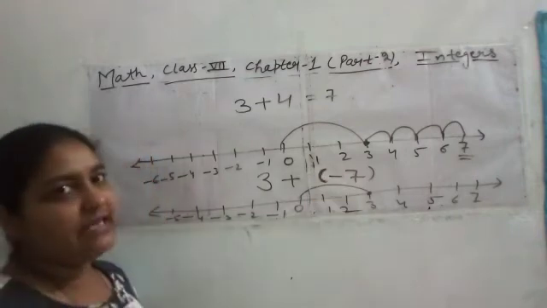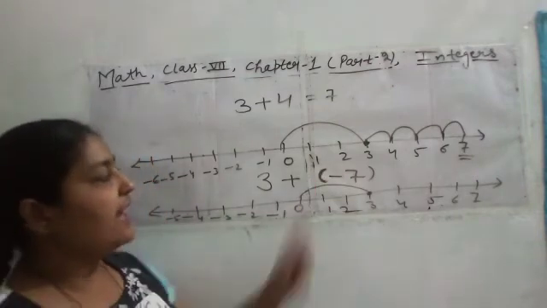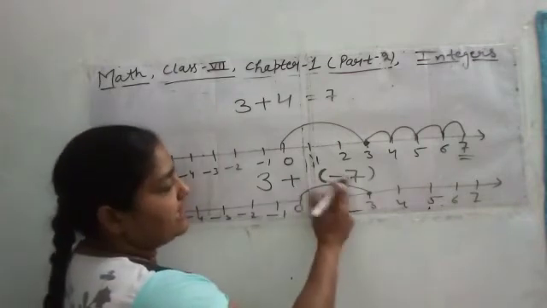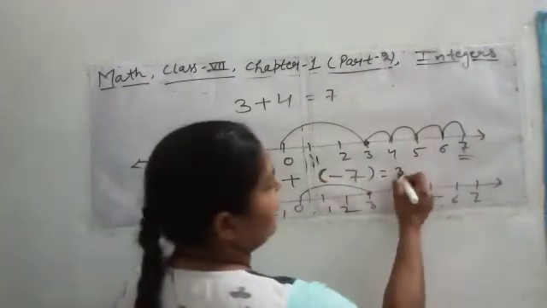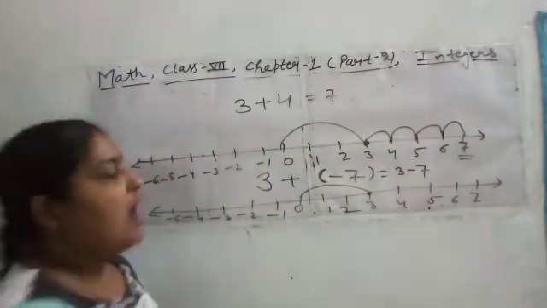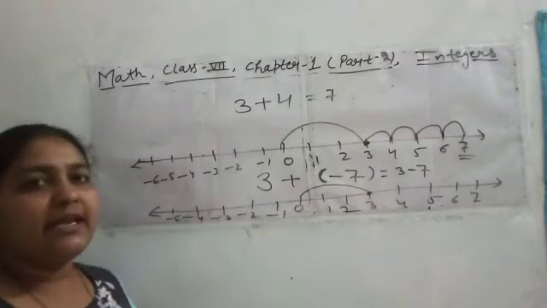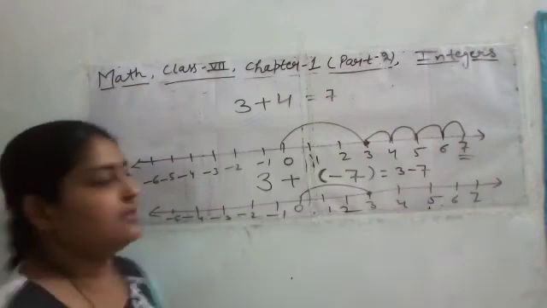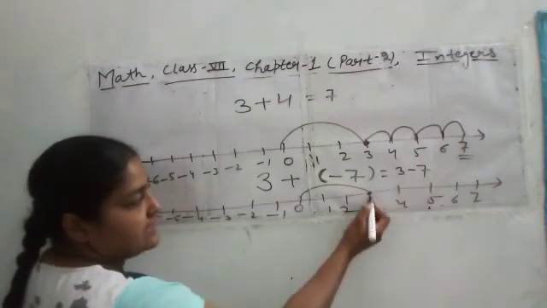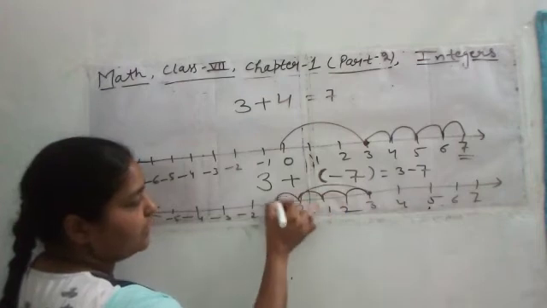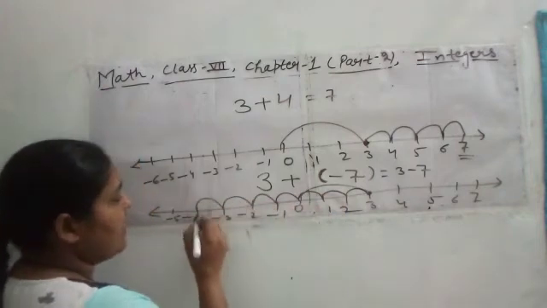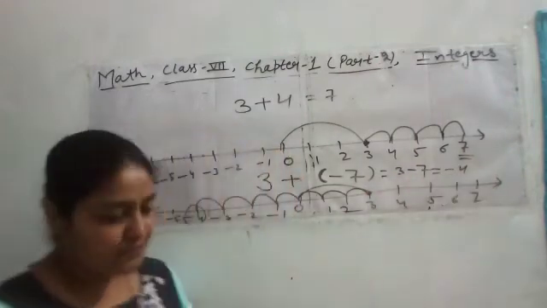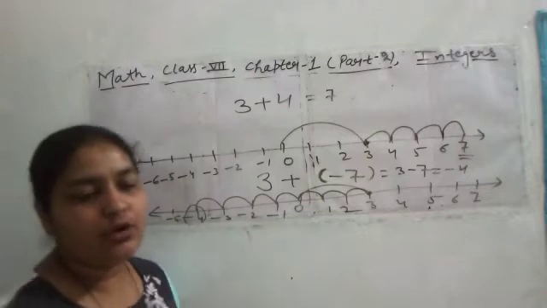These concepts also I will tell you. But firstly understand this. This bracket here is showing the multiplication of plus and minus. If we do the multiplication of plus and minus, we will get minus. It will be 3 minus 7, meaning minus. After going to 3, we have to move back. In minus, we are moving to the left side. Minus 7: 7 steps back. 1, 2, 3, 4, 5, 6, 7. The answer is minus 4. This is the solution of integers on a number line.